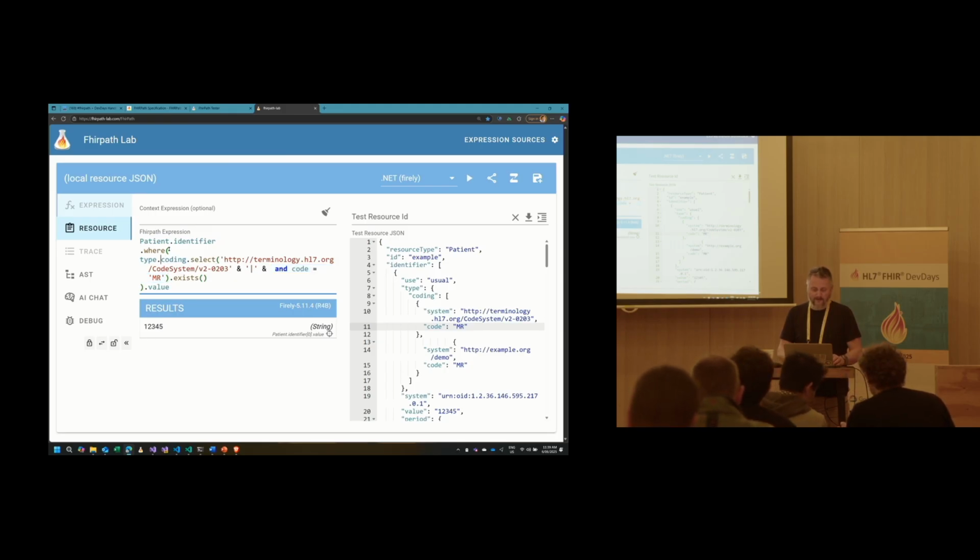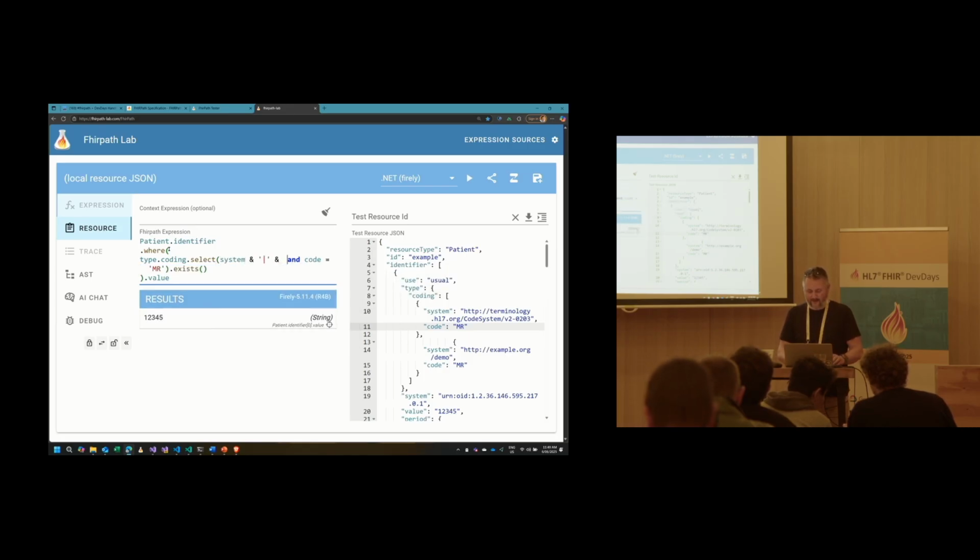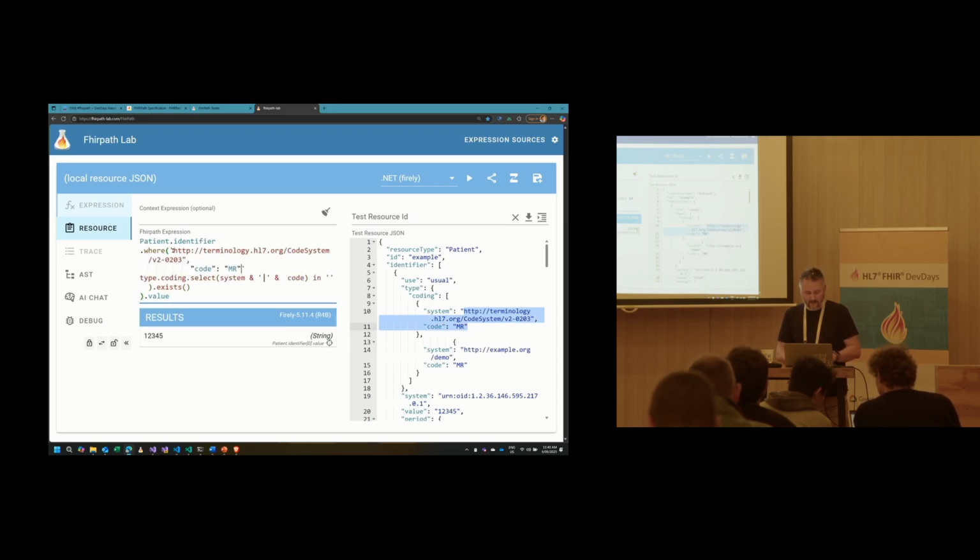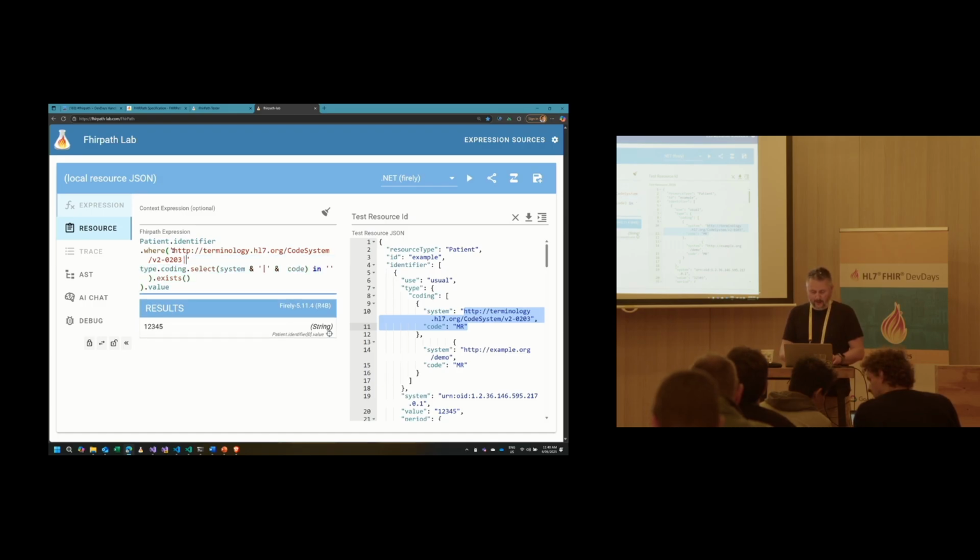Oh, no. System and code in, is that one? No, the other way around, isn't it? Yep. Where our long string, what the, pipe MR in,